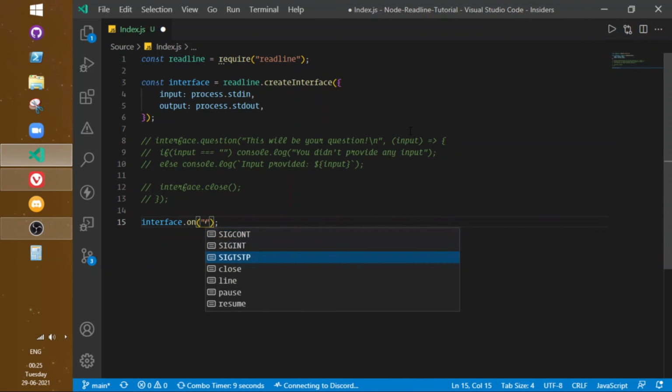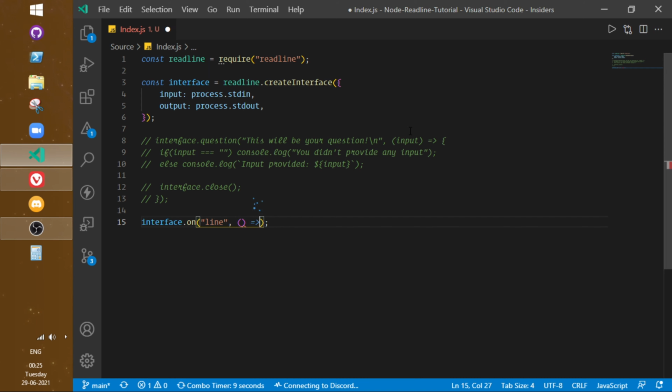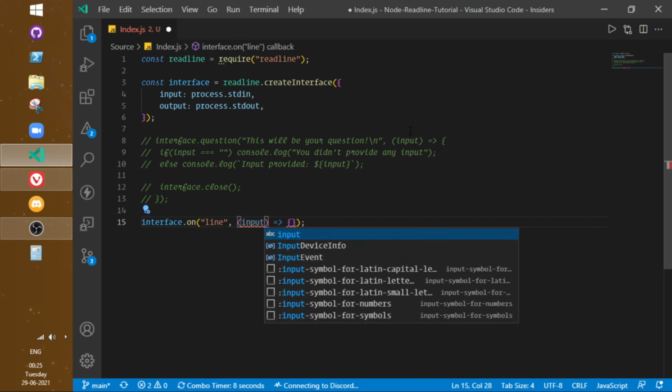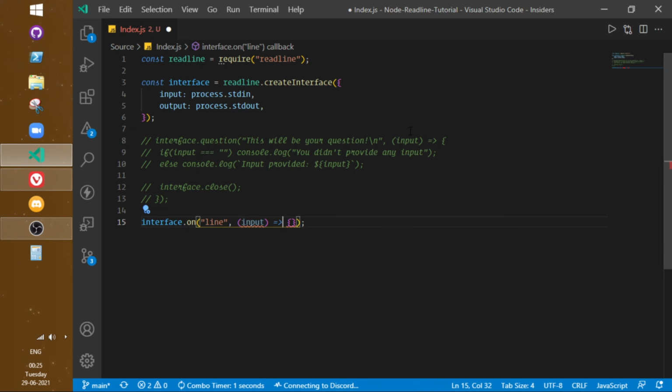So now you've got, as you can see, a bunch of stuff which you can use. Firstly, this is the line event, and it always gives you an input. It is kind of like interface.question, apart from the fact that you're not asking the question. And personally, if I ever work with this, I prefer working with the line event